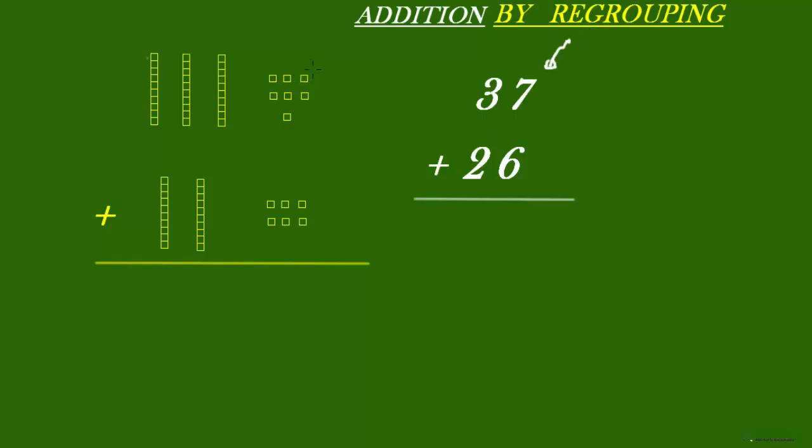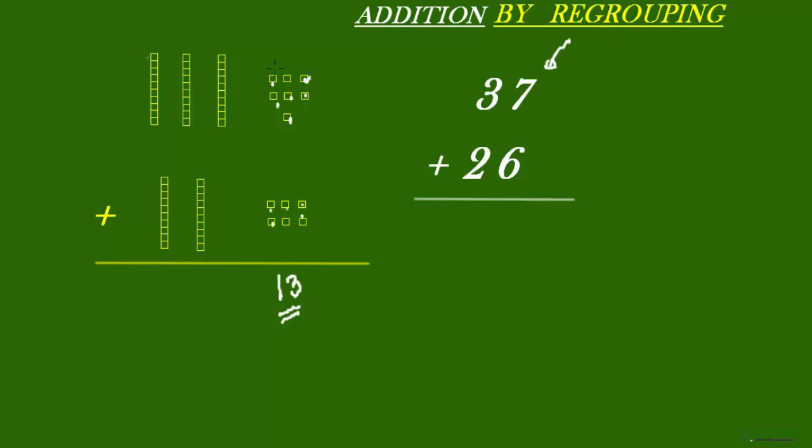So here we have got 7 plus 6, that is 1, 2, 3, 4, 5, 6, 7, 8, 9, 10, 11, 12, 13. Here we have got 13 of the smallest blocks, or the ones blocks. But we cannot write this 13 in the ones place. So what we can do, we can arrange these 13 blocks into a group of 10 and the remaining smaller